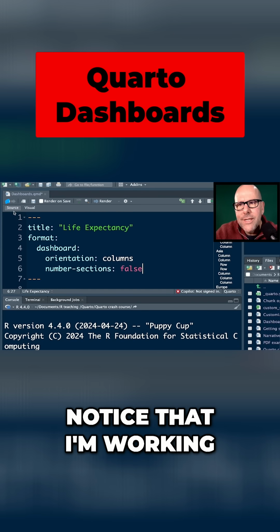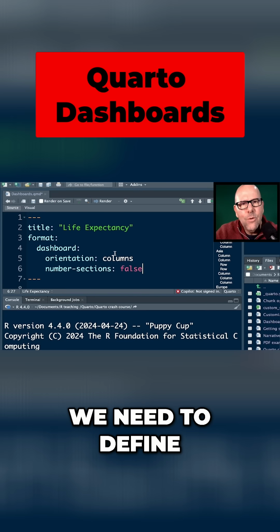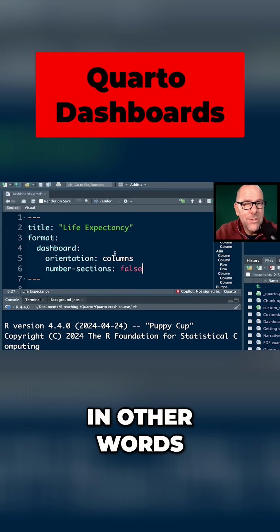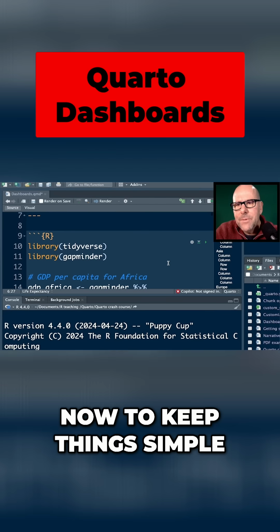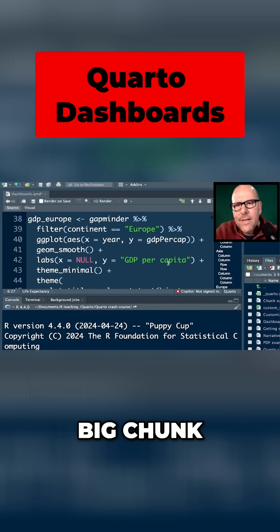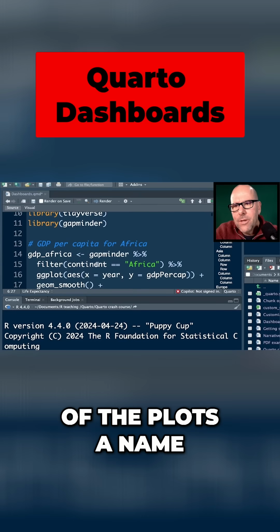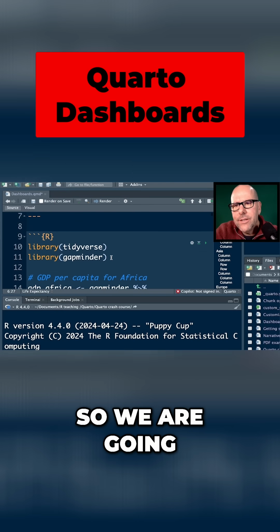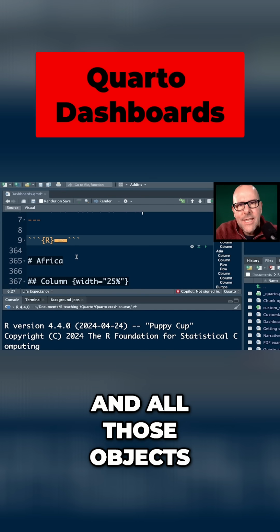Importantly, notice that I'm working in source and not visual, because a lot of what we want to define we need to define in the source. In other words, the sort of markdown notation. Now, to keep things simple, I've created all of the plots in one big chunk over here, and I've given each of the plots a name. So we are going to be able to just reference those names and all those objects in the code that